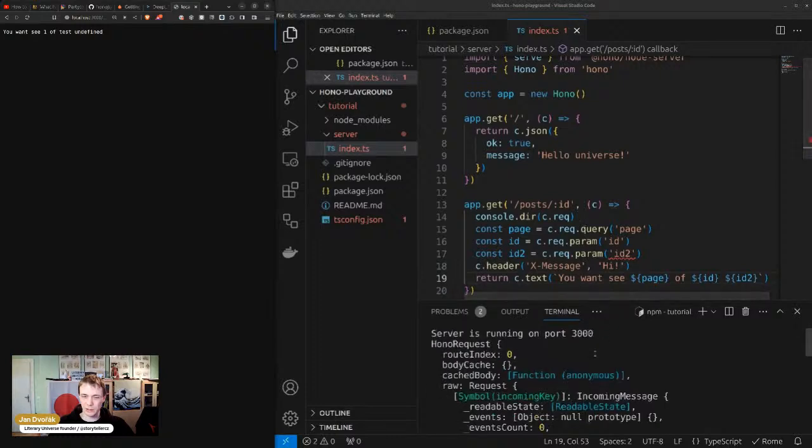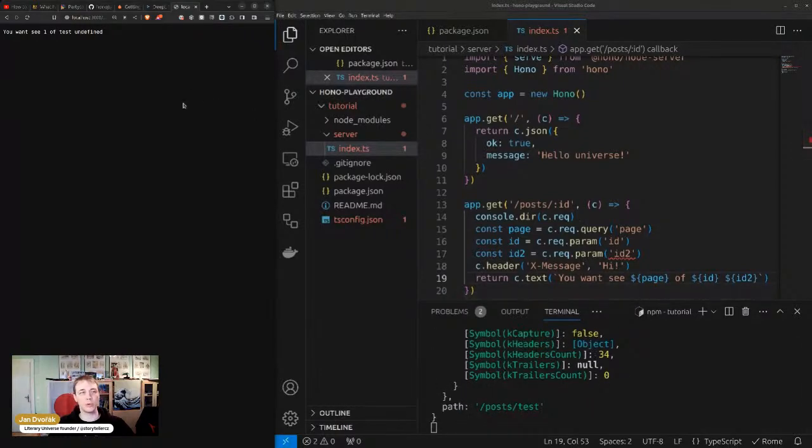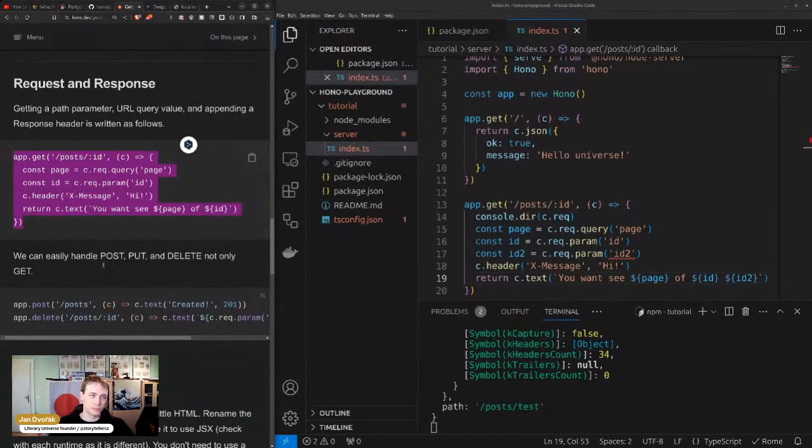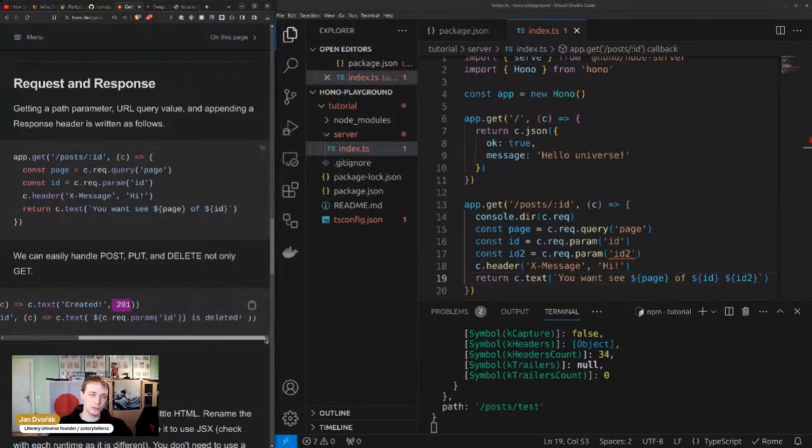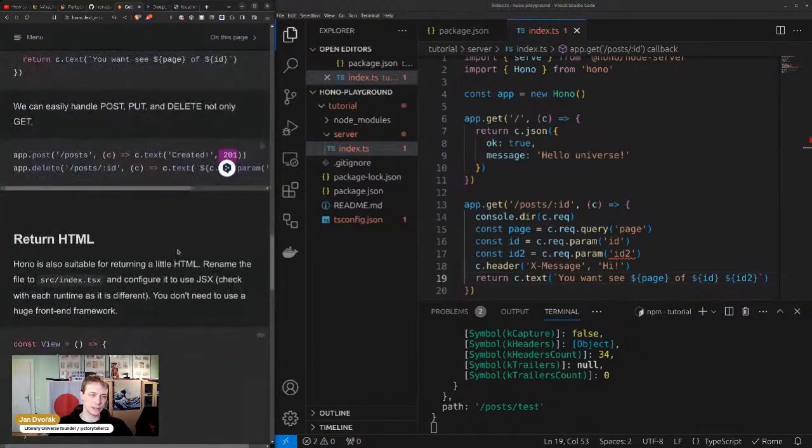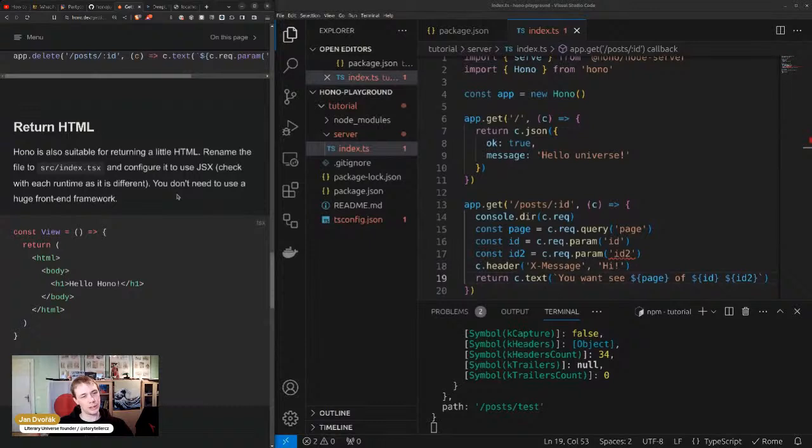So those are the functions, which we'll probably get to know more later on. We have post, put, delete, not only get, so we have post, delete, so that's the same. And we can actually also return, I see here, code as well. We do text. And here we can also return HTML. That's huge. That makes it much more,